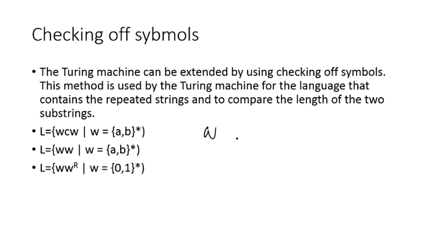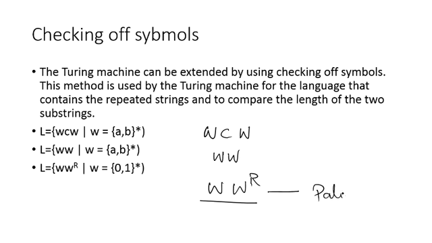That is, W is repeated after C, or without C. Or it may be a reverse, so W by WR, which is nothing but a palindrome. It is a palindrome symbol, so it is meant for palindromes. We'll take the first example and see how a Turing machine can be designed using a